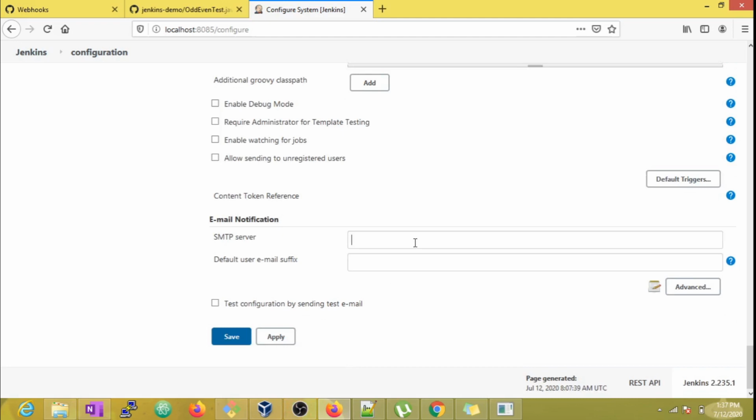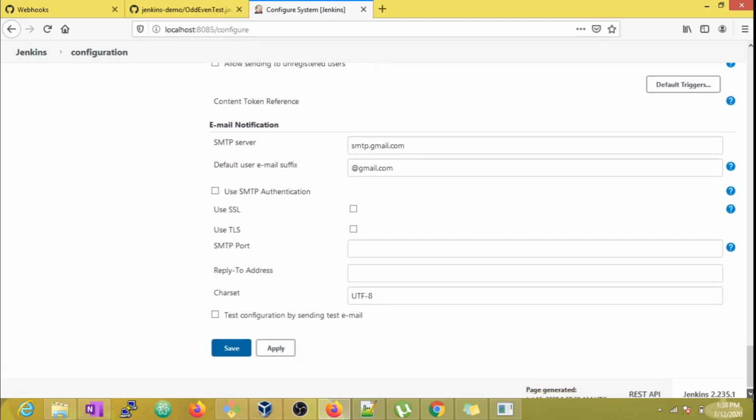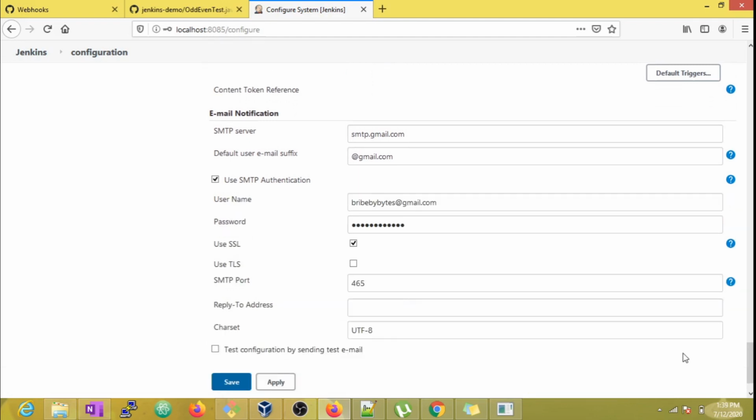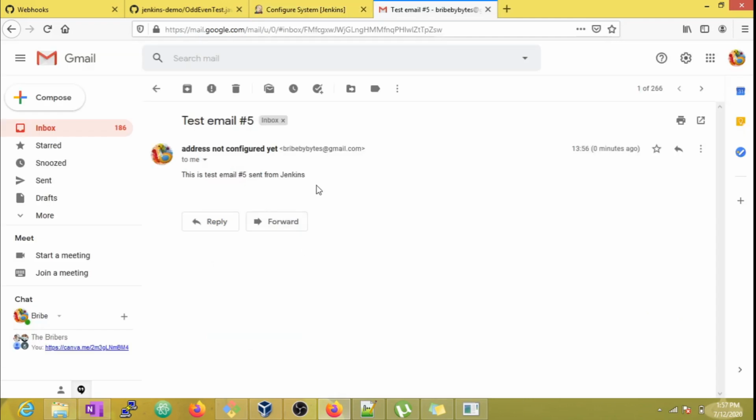Just fill out all these details and let's test if we are able to trigger the test mail. And we can see that an email has been triggered.